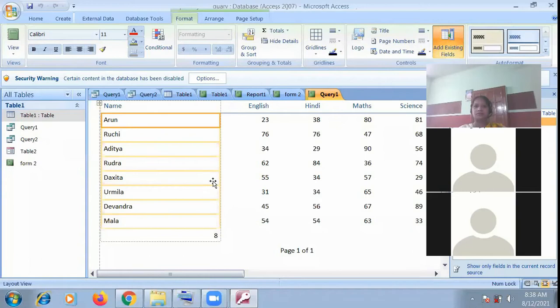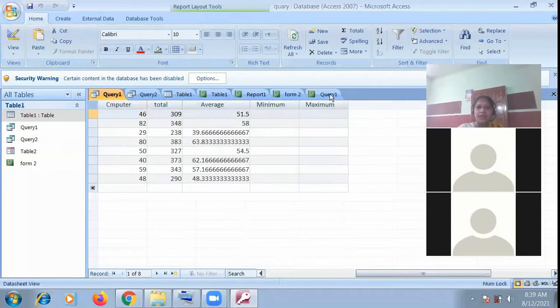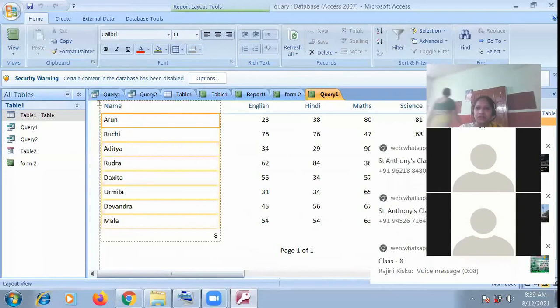No, I have not extracted the data. I have used all the data that is available in query one. I have the data here, minimum, maximum, and in query one I have all the information related to this.